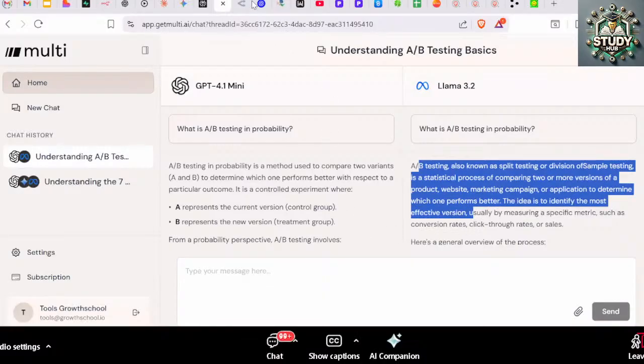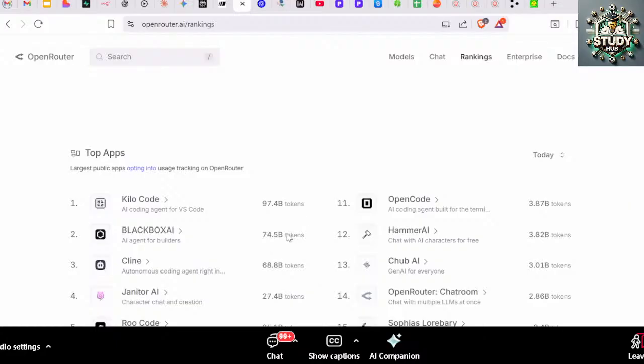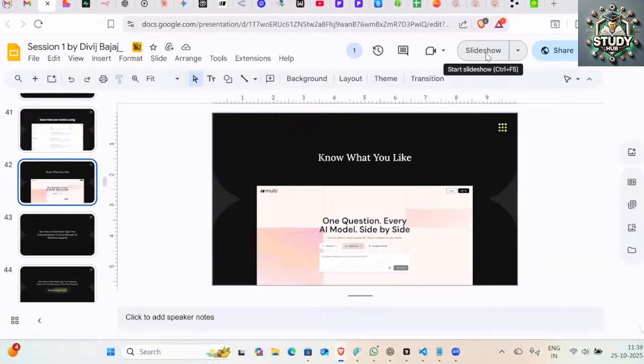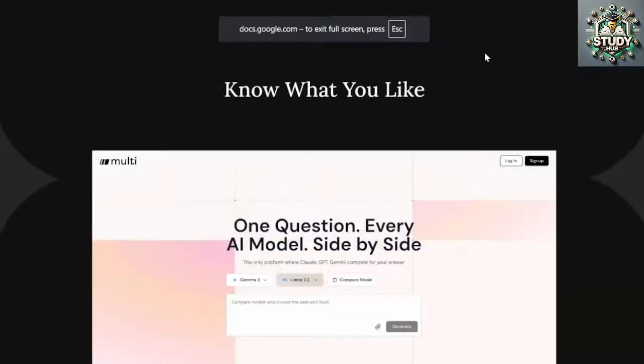So this is where you can try first getting the top four or top five, at least for one of your tasks. Okay, I am solving a coding related problem. Am I solving a reasoning related problem? Which models are best for me? And you can try that using this particular tool.